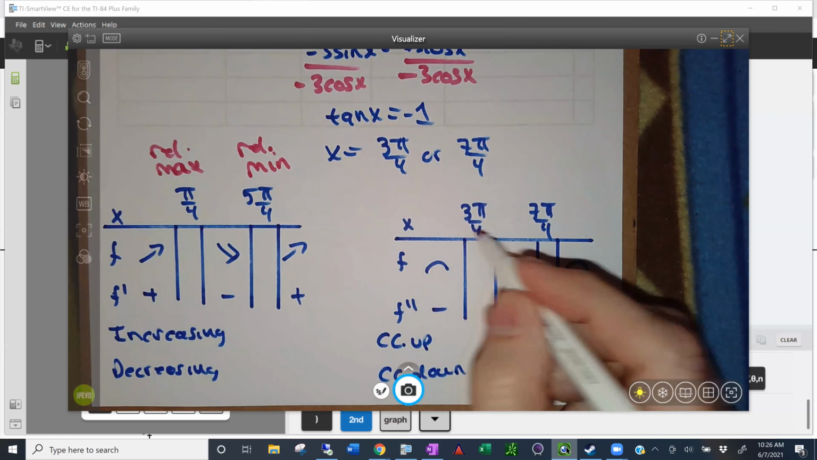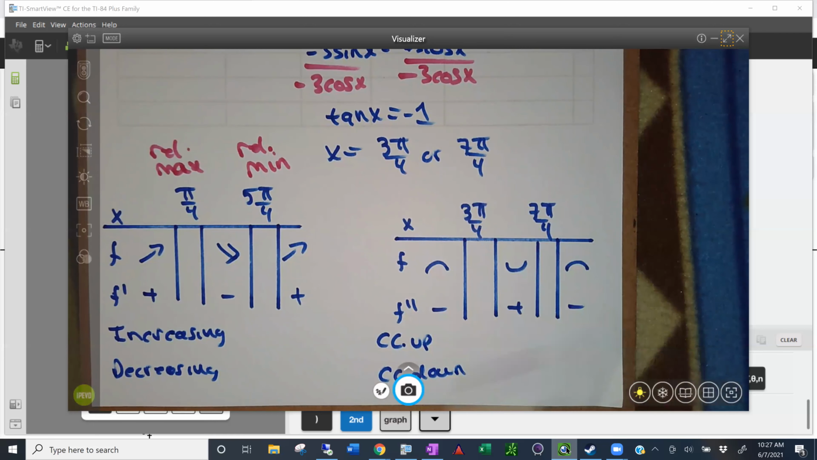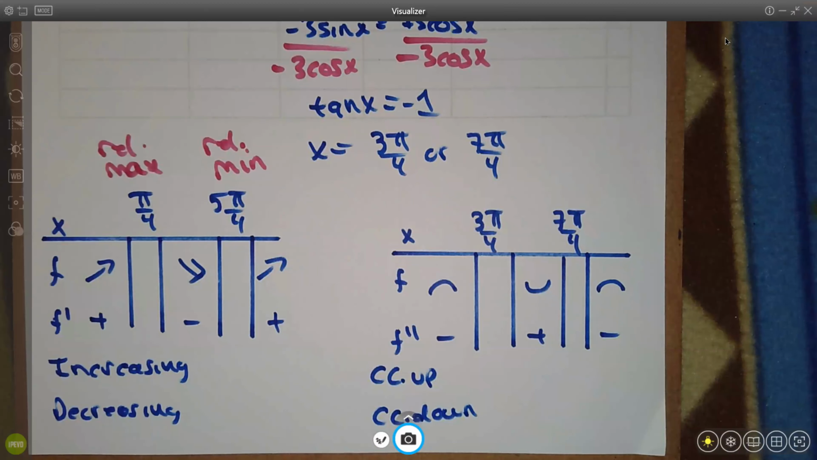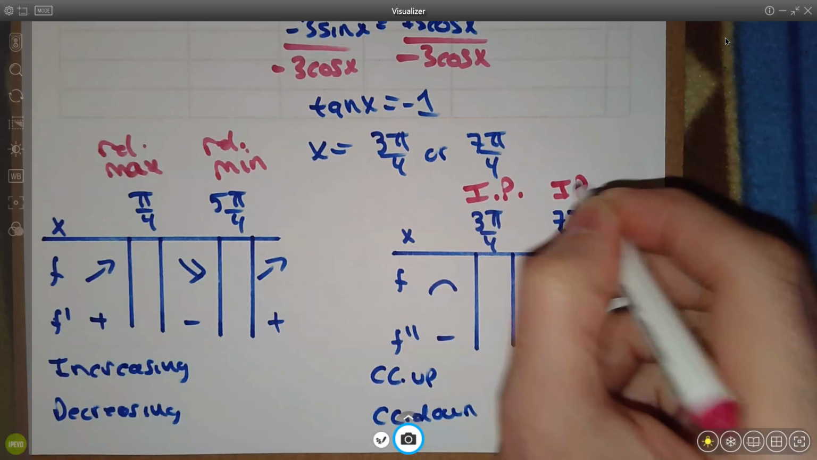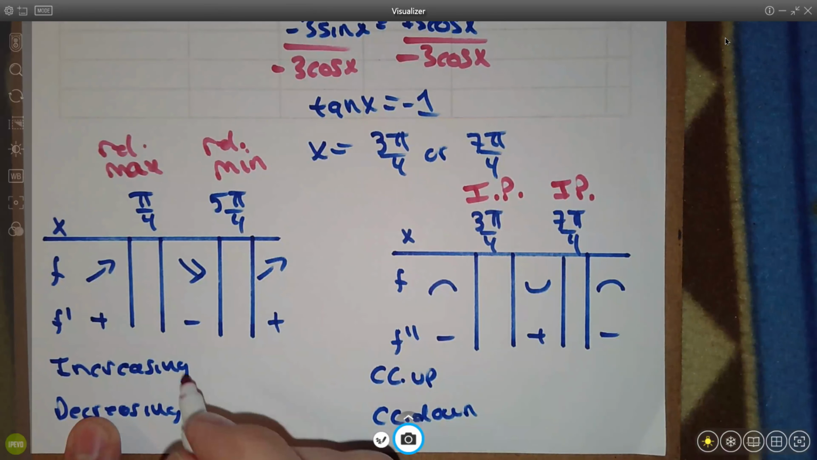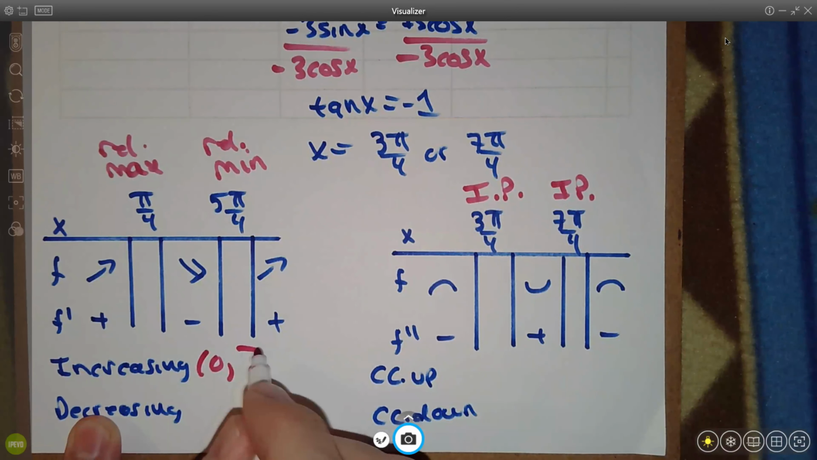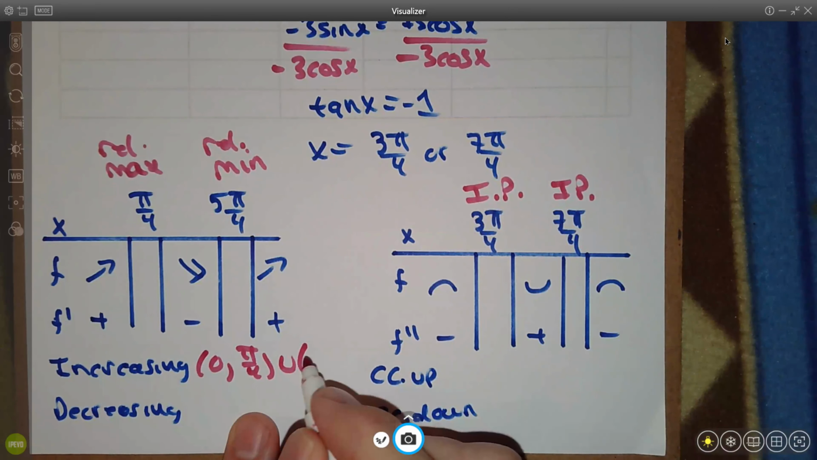How about this? Is there anything interesting about these points over here? Can I give them a special name too? These would be your inflection points. And then you've got the intervals where it's increasing. So 0 to pi over 4. WebAssign, use a comma. And then 5 pi over 4